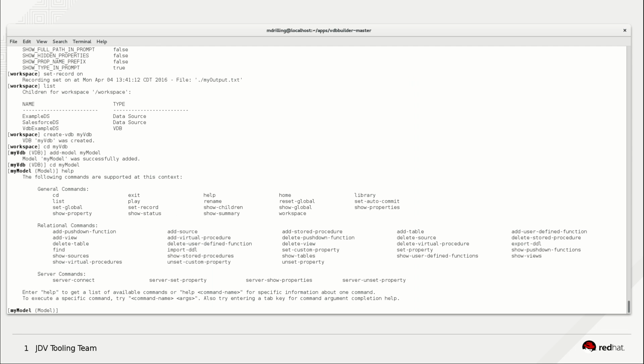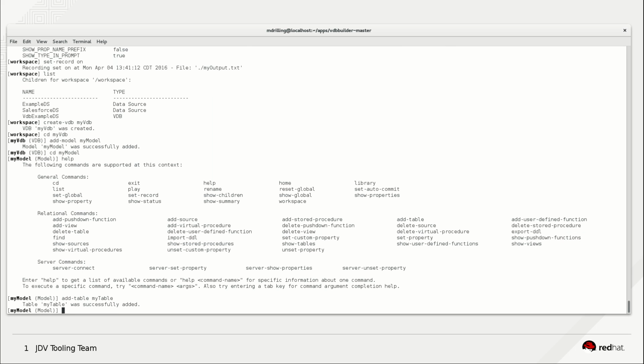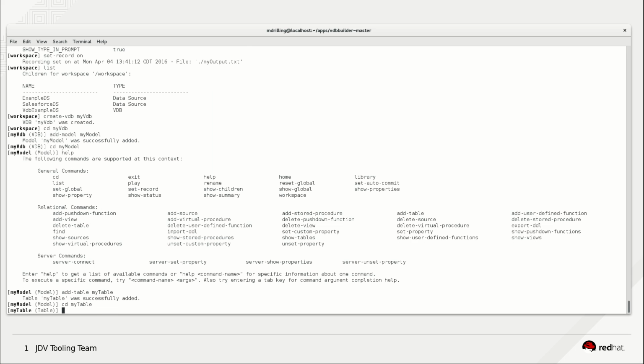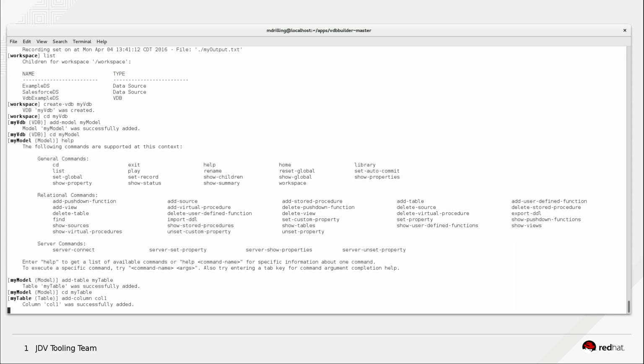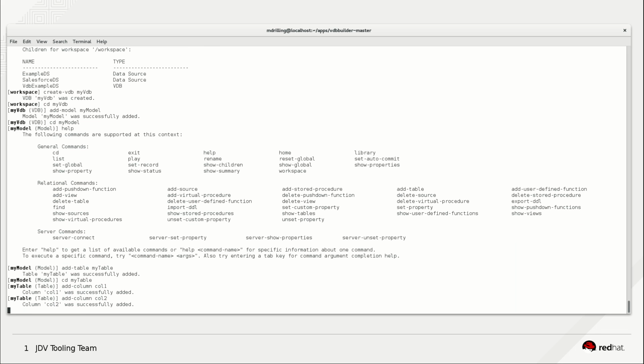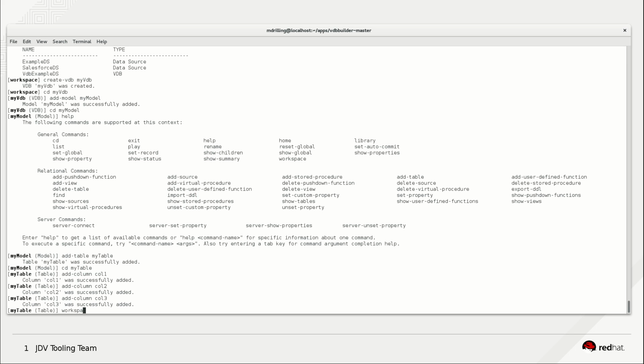You can do a help at any time to see what the available commands are. So in a model, you can see I can create various relational entities. I'm going to go ahead and create a table. Call it my table. And then I'm going to create a few columns within the table. Just call it col 1, col 2, col 3, and then I'm going to go back to the workspace,